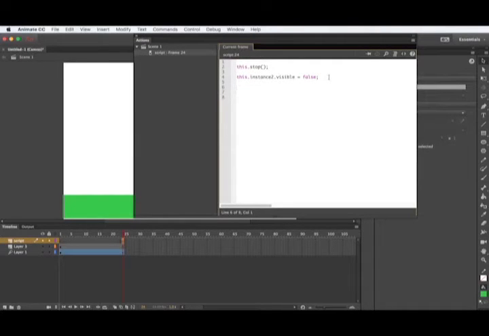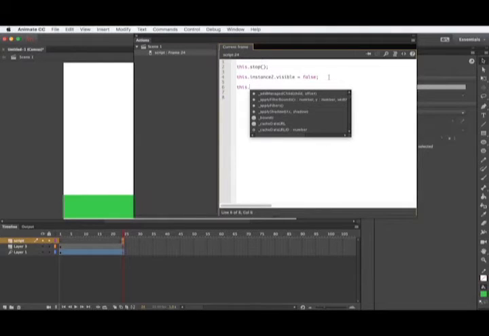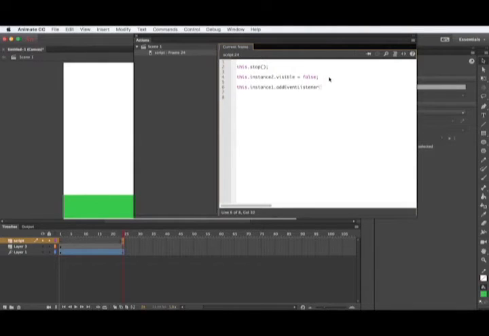So I could say something like this.instance1.addEventListener("click", mic_click, and I just made that up).bind(this);